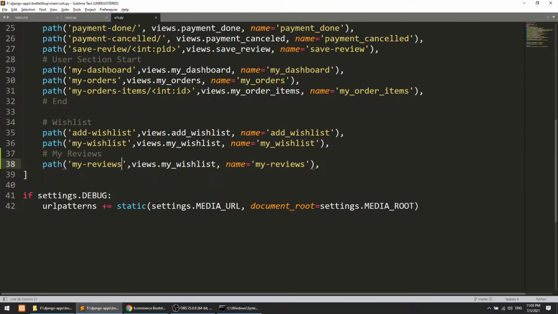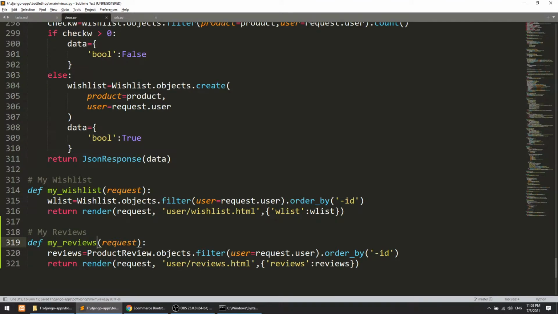In the browser URL we will call this, and we will use it in the url tag in the template. So we have created the view and the url.py entry.